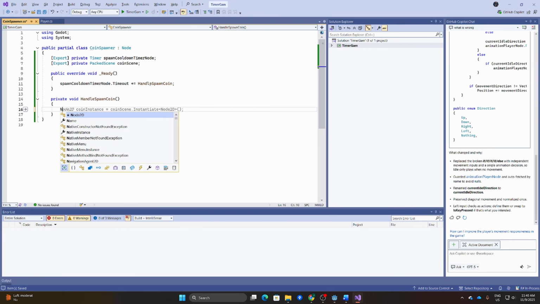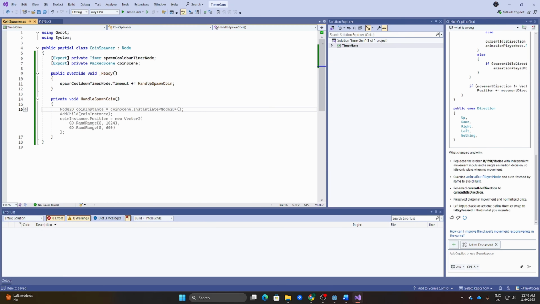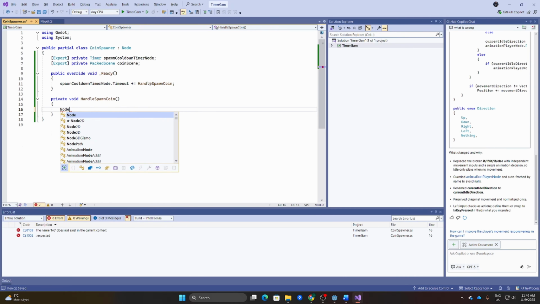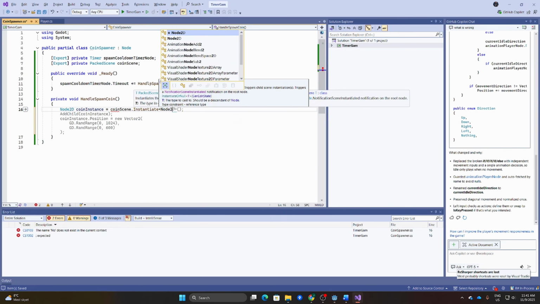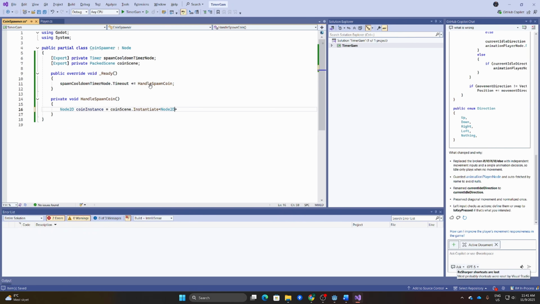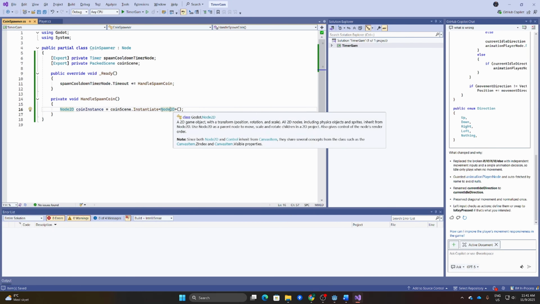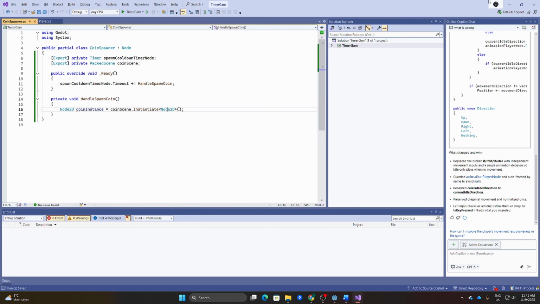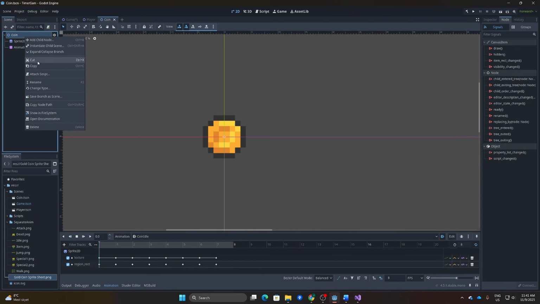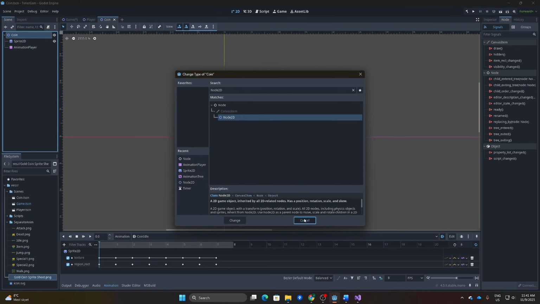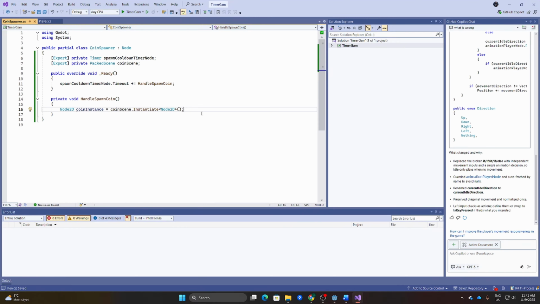Now in here we will have to create logic for spawning it. So the way we spawn it is by saying Node2D coinInstance is equal to coinScene.Instantiate<Node2D>. The reason we have to use these generic things here is because it can work for any type. And here it will work for Node2D, and we have to put the correct type in. And the correct type in this case is the type of the coin, which we can see is Node2D. So that's why we use this.